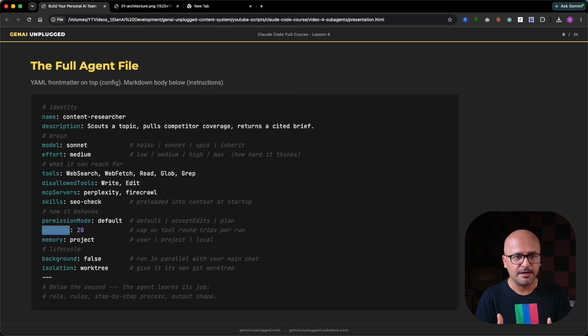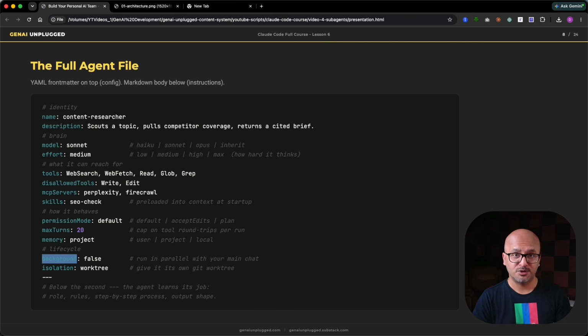So we are saying that if you are stuck in some sort of a loop, then just 20 max turns is what you have to execute. Don't execute infinitely. So that's another important property that exists. Similarly, memory, we want to have at project level or local level or user level. So that's another distinction between a skill and an agent: a skill cannot maintain the memory, whereas agents can maintain the memory at 3 levels, and in fact local can be customized as well, as we'll see later in the